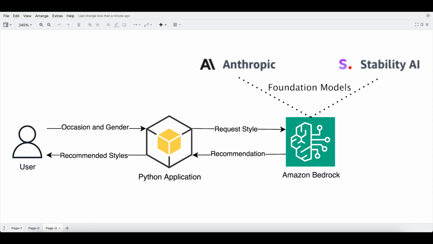Before we dive into the code, let's learn about Amazon Bedrock. Amazon Bedrock simplifies the process of building and integrating generative AI solutions. It provides access to foundation models from various providers through a unified API. It simplifies the process of integrating AI into applications by offering models for tasks like text generation, image generation, and more. In this example, two models are used: